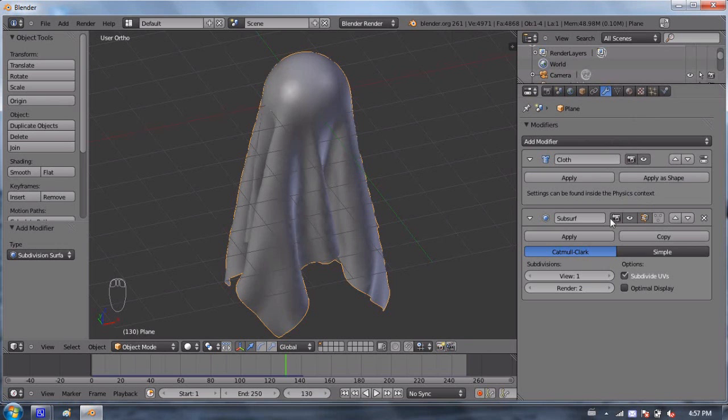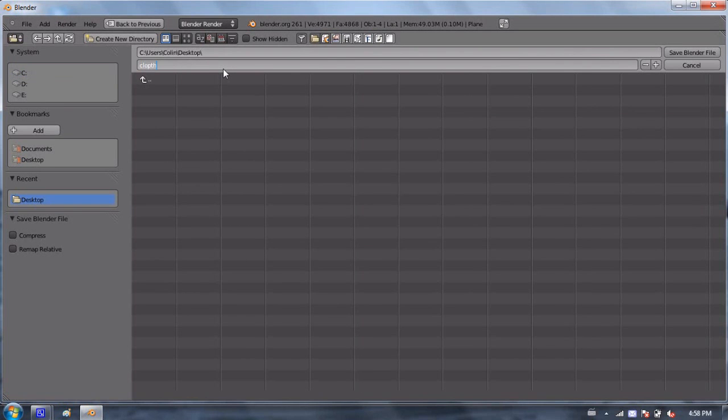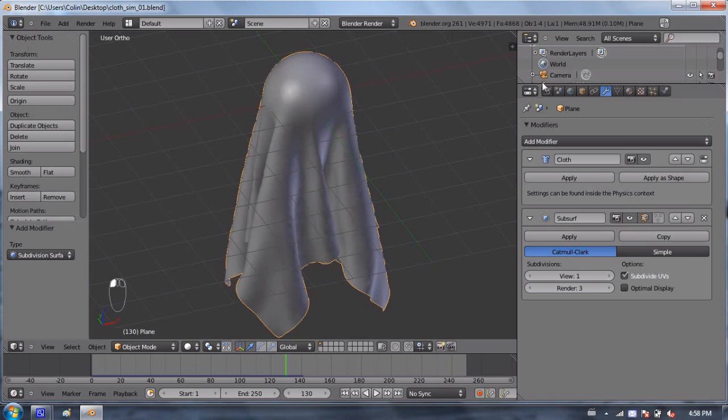This is important because we've applied subsurf after the cloth modifier, so we simulated the cloth and then applied subsurf. So the subsurf only smooths down the result of the cloth simulation. When you add subsurf, you get a whole lot more vertices and edges, but those are only applied after the cloth was simulated, so it doesn't make the smoothing better in terms of the cloth simulation. We're doing it after the fact. If we turn these numbers up high enough, you've got to be careful with your computer. If you turn these up too high, you will crash your computer. In fact, I might do a save right now. I'm going to call this cloth sim underscore 01, and I'll save this Blender file. If I turn these up to probably about 3 and 3 in my case,